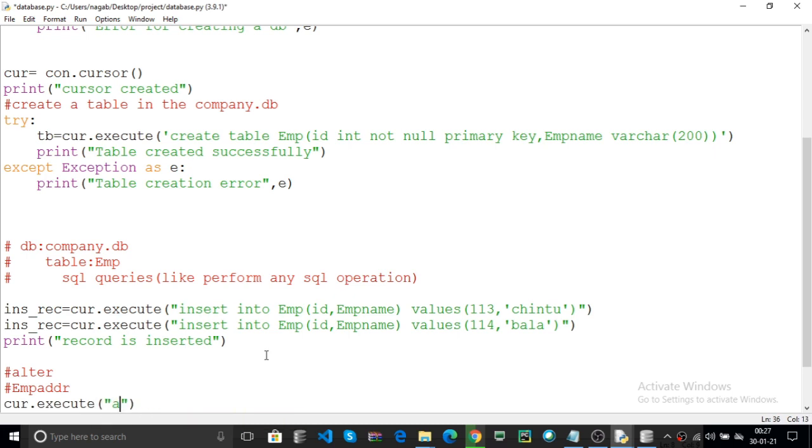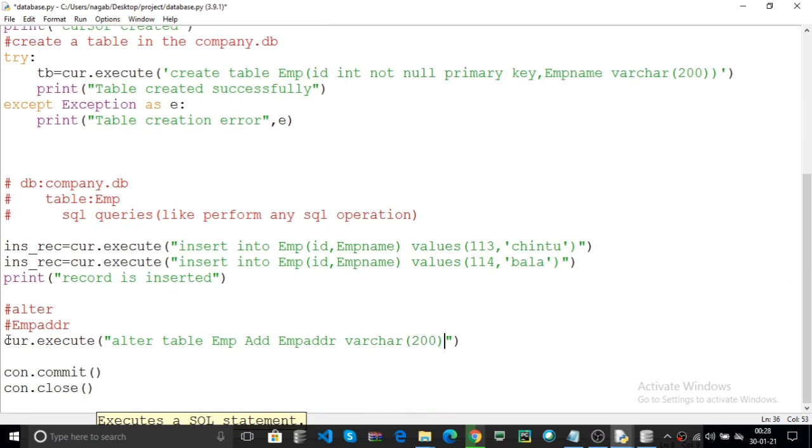Here you can use the syntax alter table. The table name is emp. Here you can use add emp addr and data type, for example varchar 200. This is adding one column to the already existing table.